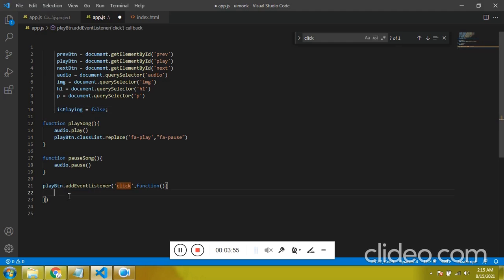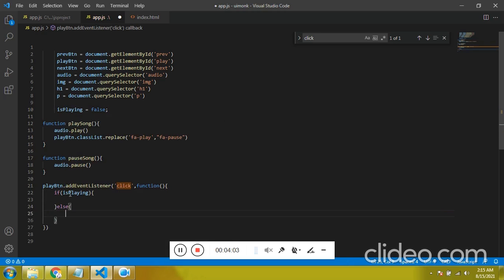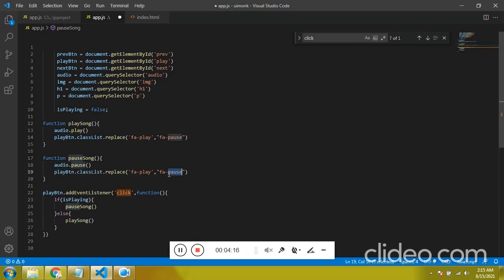So if isPlaying is true, then I want to pause the song. If isPlaying is false, I want to play the song. So let's add the same replace functionality to the pause as well.